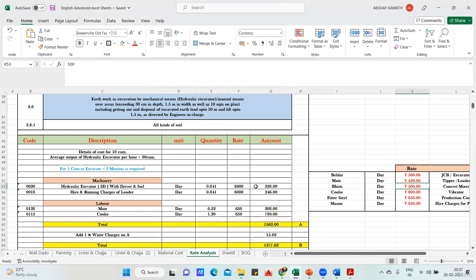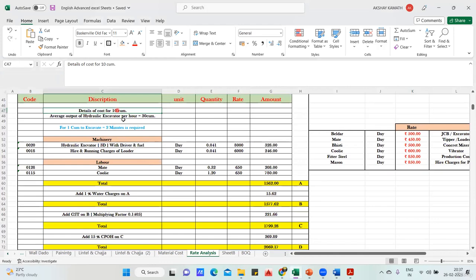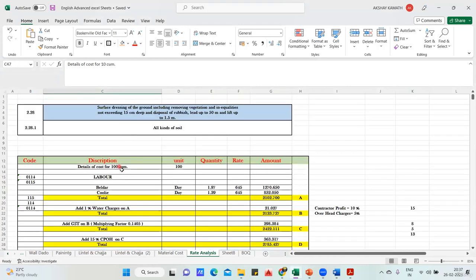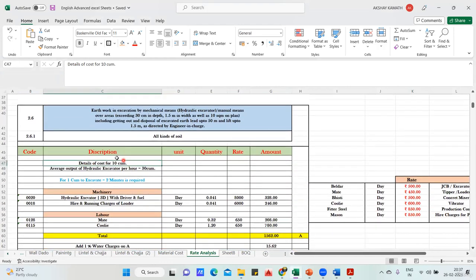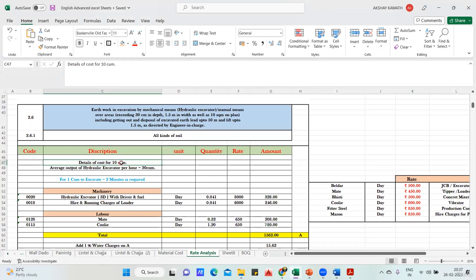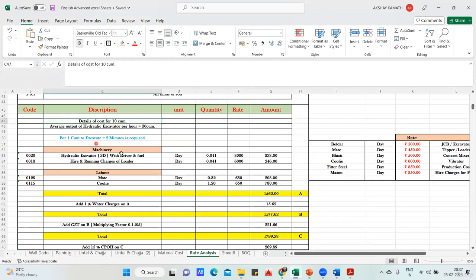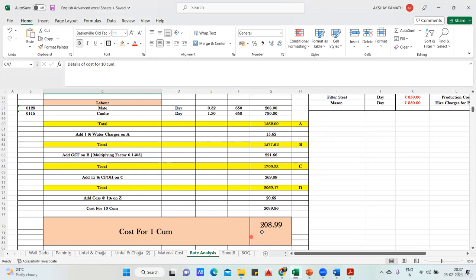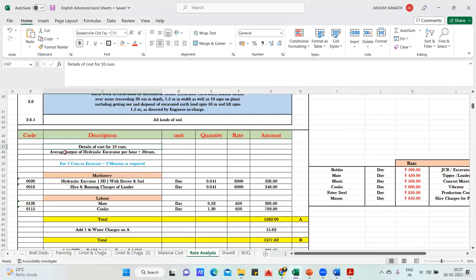Okay, great. So first I've written the description again. First I'll find for 10 cubic meter. Here I have found it for 100 square meter, right? Now it's the excavation quantity. First I'll look for 10 cubic meter. Once I get the rate for 10 cubic meter, I'll divide it by 10. I'll get the cost for 1 cubic meter. Very simple. Good. So first, we need to assume something, because when you do the excavation, you'll be having